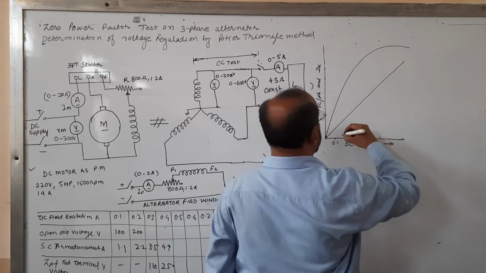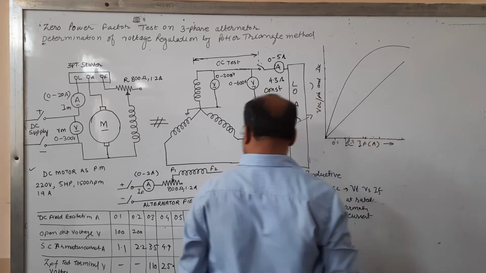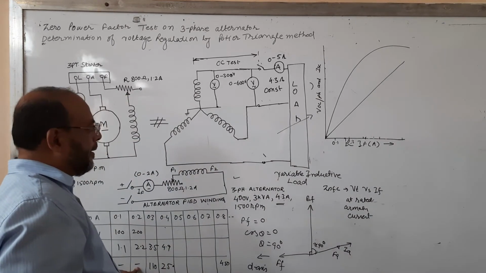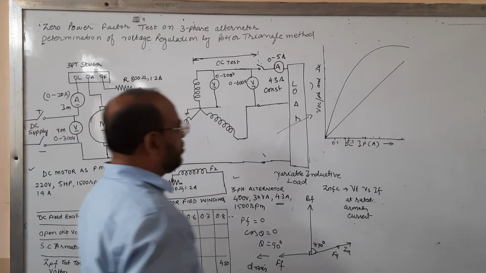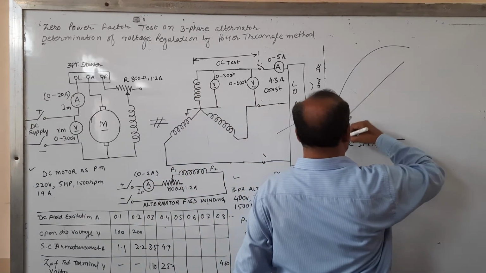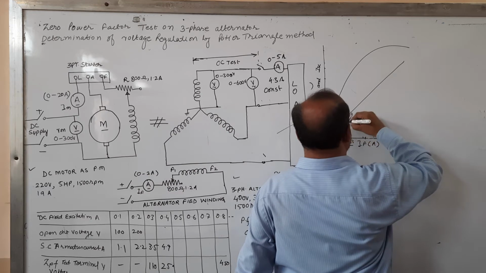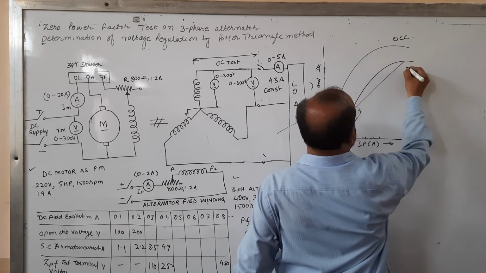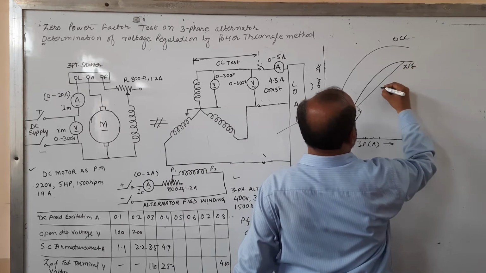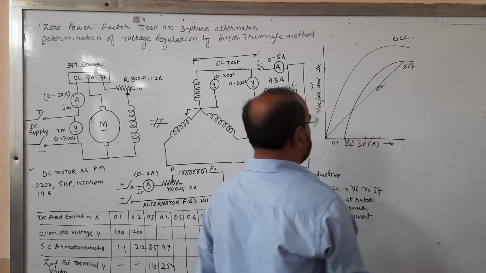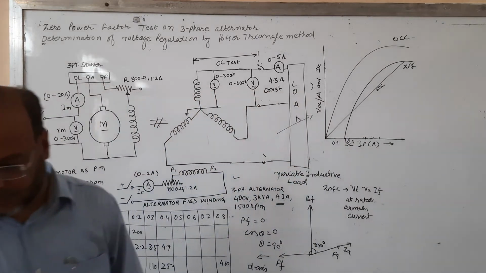and ZPFC is, say here up to this value 1.12, the ZPFC voltage is 0, so it is started from here. It is not the correct value. I am giving some example for drawing the proper characteristic. So this is OCC, this is ZPFC, and this is ISC or short circuit characteristic. Okay, so this is the ZPFC.